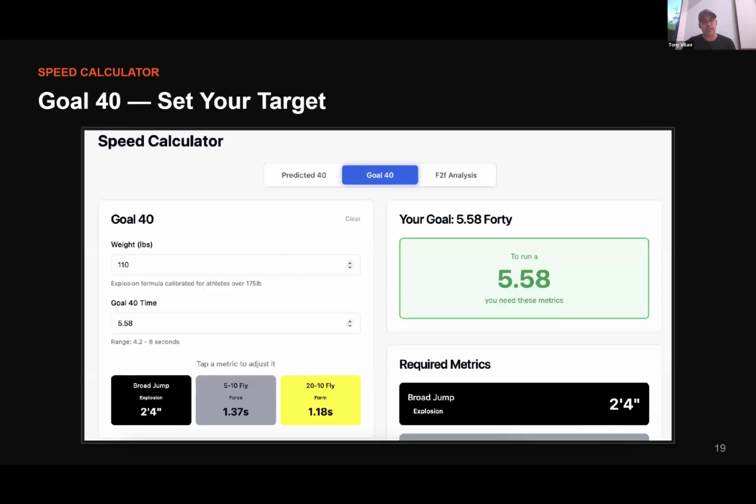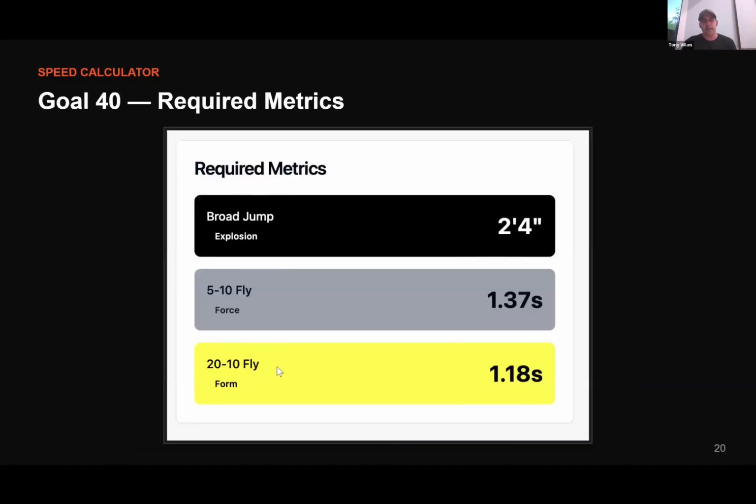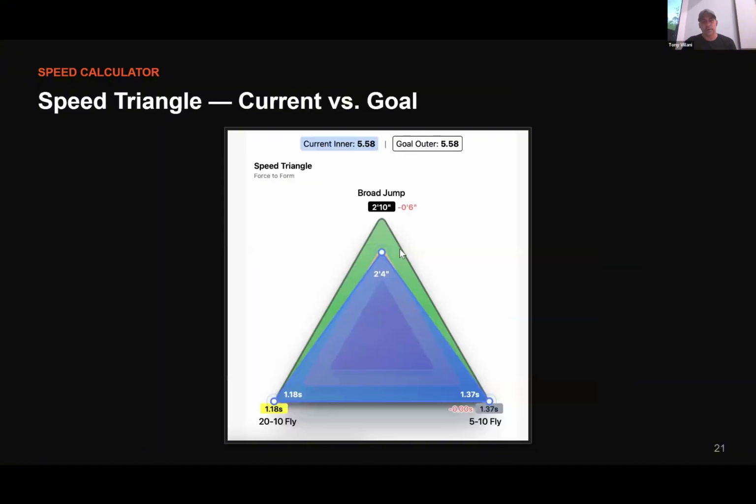All right. Again, that was a speed calculator. And we know this broad jump 2'4" is wrong. Right. So it's just Christina kind of playing with it. We love Christina, so we'll let her do that. But we know broad jumps are normally